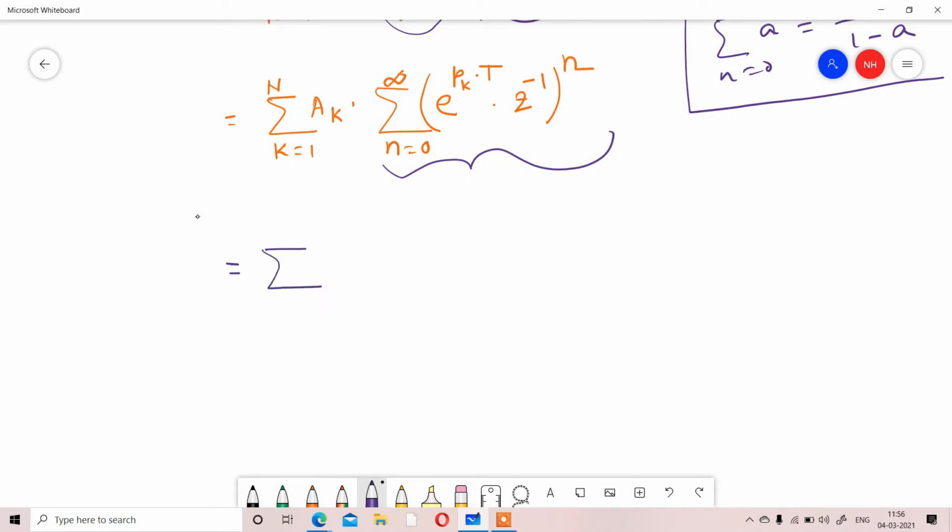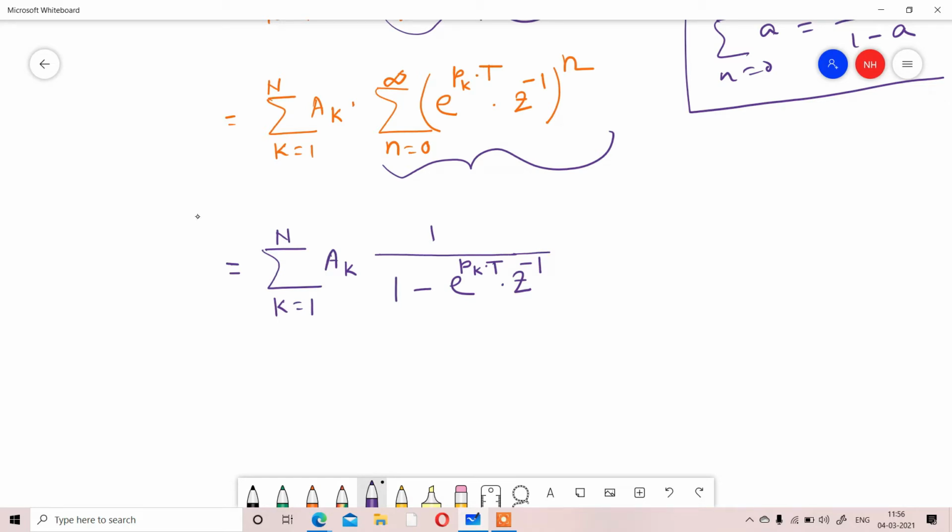Summation k equal to 1 to N ak, that value will be 1 by 1 minus e to the power pk T z to the power minus 1. Okay, I think it is clear to all of you up to that. Yes, sir. Okay,